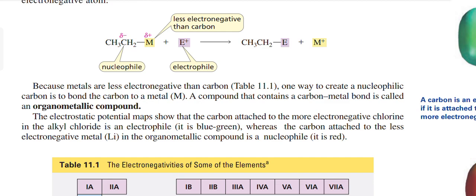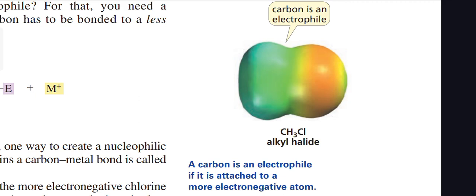It is red. So as you can clearly see in the electrostatic potential map of an alkyl halide, we know that chlorine is more electronegative than the carbon atom. So the electron density is shifted more toward the chlorine atom, and here we can clearly see that carbon is an electrophile because chlorine is more electronegative, so it attracts the electron pair towards itself. So the more electron density is concentrated on the chlorine atom, and we can clearly see that the carbon is an electrophile, which